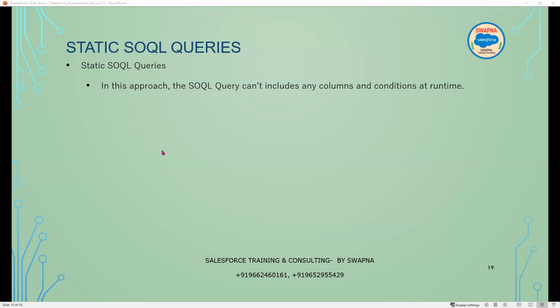So in this approach, the SOQL query cannot include any column and condition during the runtime. That means if I have written the SOQL query inside the Apex class, exactly the same SOQL query gets executed while the Apex class is running. Now, whenever we are implementing the Apex class,